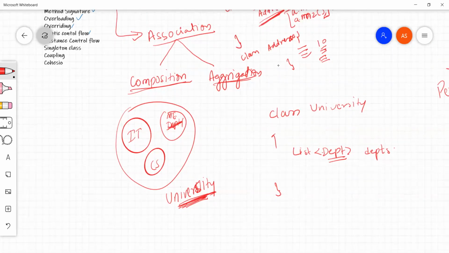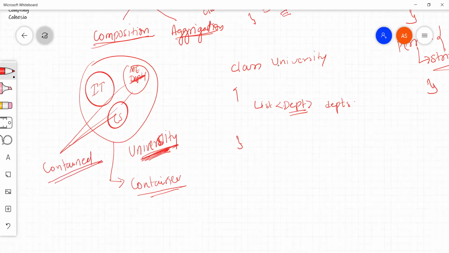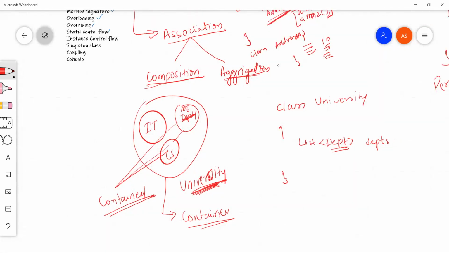The object in which we have injected these departments is called the container object, and these are the contained objects. So when we are destroying a container object, the contained object is going to destroy itself.